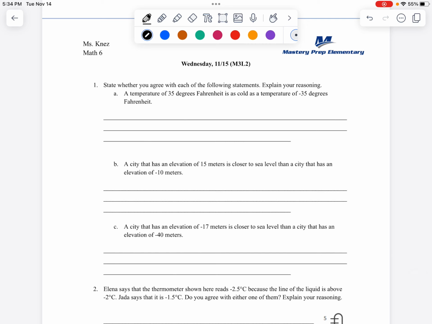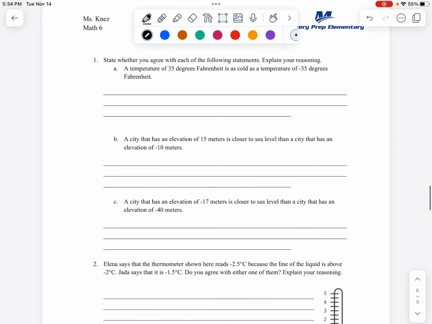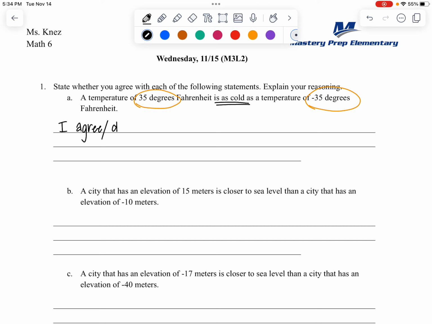On Wednesday night's homework, you're being asked to state whether you agree or disagree with a set of statements. That's question 1A, B, C, and question 2. Let's take a look at question 1 first. A temperature of 35 degrees is as cold as a temperature of -35 degrees. 35 degrees, -35 degrees. And so the question is, are these as cold? Are they the same? And so you just want to start your sentence here with I agree or I disagree